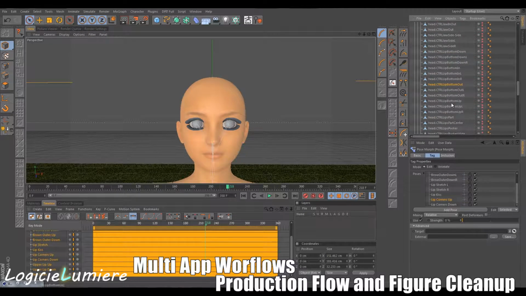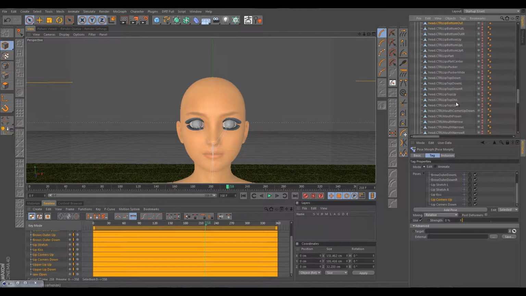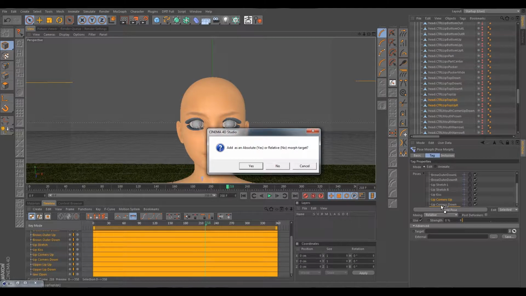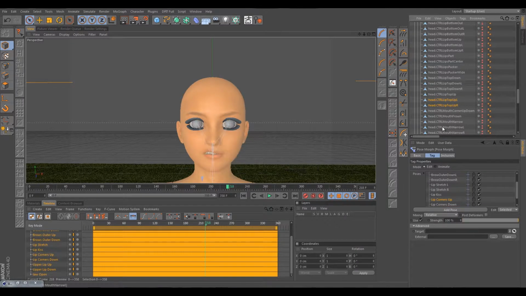It's going to be lip top up and left and right. You can go ahead and drag those in there and make them relative. And we've got the lip top downs, which we can drag in as well